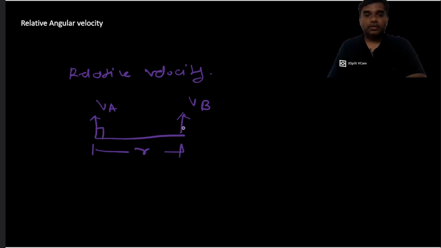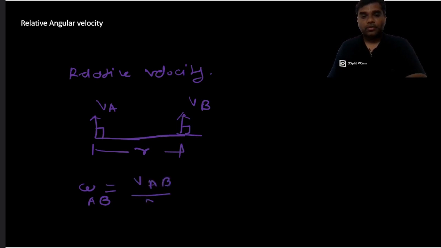This angle must be 90 degrees. We have to take care that the line joining the tails of both vectors is perpendicular to the direction of velocity. So we can write omega ab, that means omega of b with respect to a, is equal to